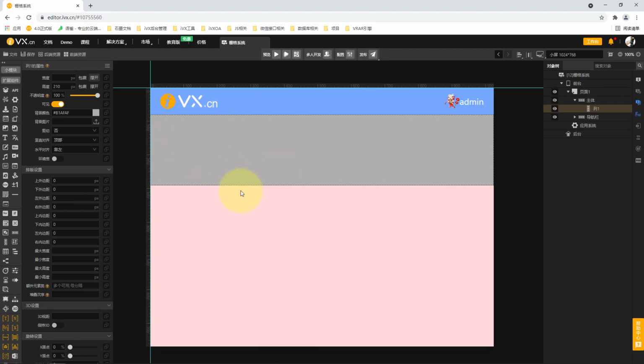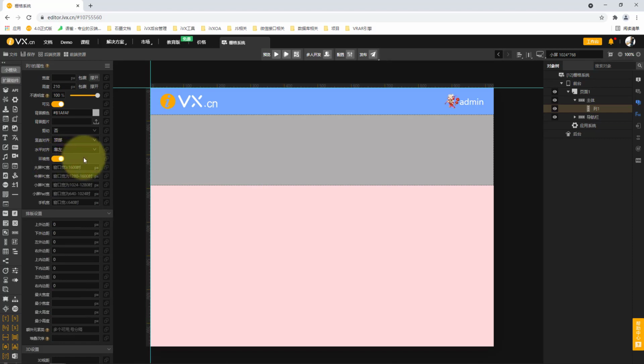We can see that in the case of a very large screen, the width of each card occupies 1/4 of the screen, while in the case of a medium screen, it occupies 1/3 of the whole screen, while in the case of a small screen like an iPad, it occupies 1/2, and then in the case of a mobile phone, one card occupies the whole screen, so you will find that it will have different sizes in different devices,